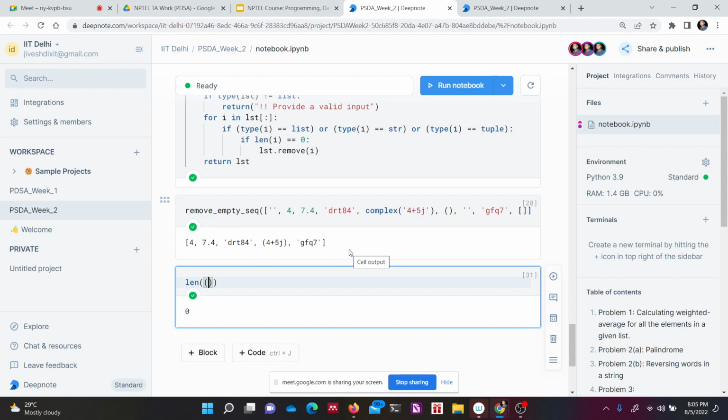It will be very helpful to you as you grow in your career. So these are small problems, but these can be really helpful maybe in your big projects. Okay, so this is